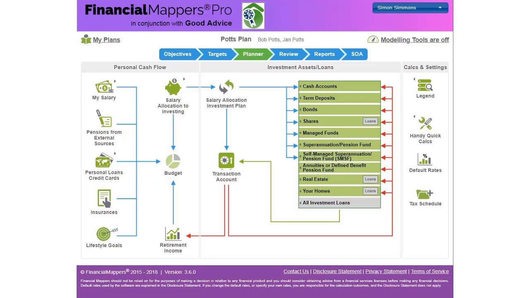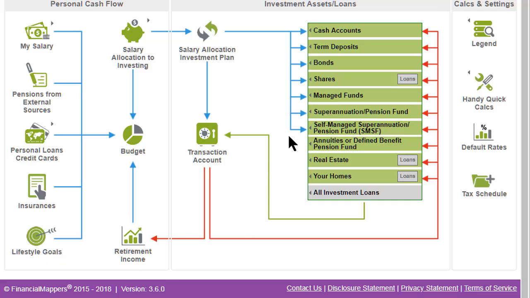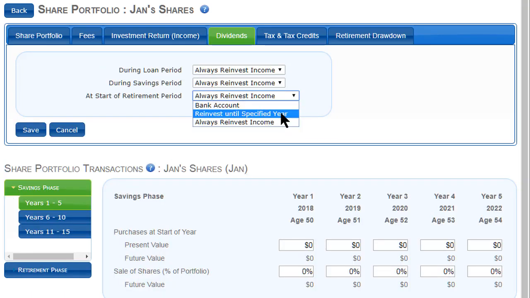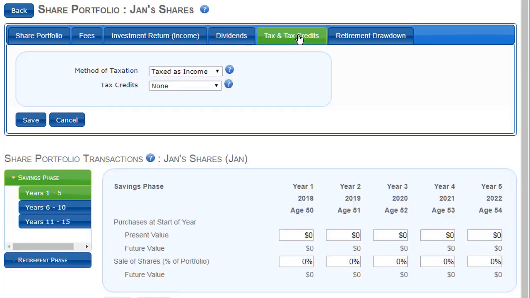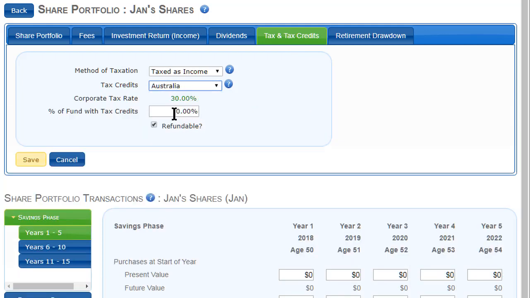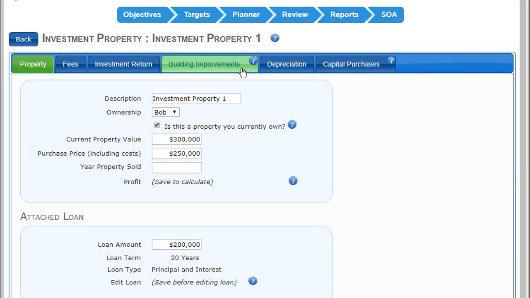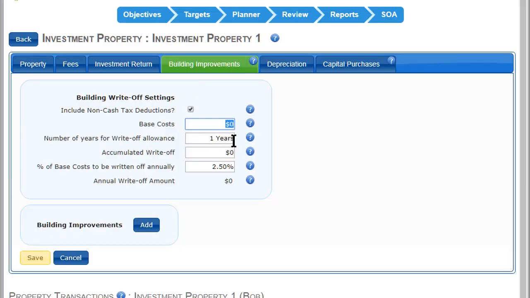Here's an example of first adding some additional information for Bob and Jan that wasn't collected in the starting position before getting on with the future planning. Let's look at the share portfolio for Bob and Jan. Our advisor can change whether the dividends are reinvested or transferred to the transaction account, and the percentage of imputation credits can be included. And here, in the investment property account, our advisor can add information about the building write-off